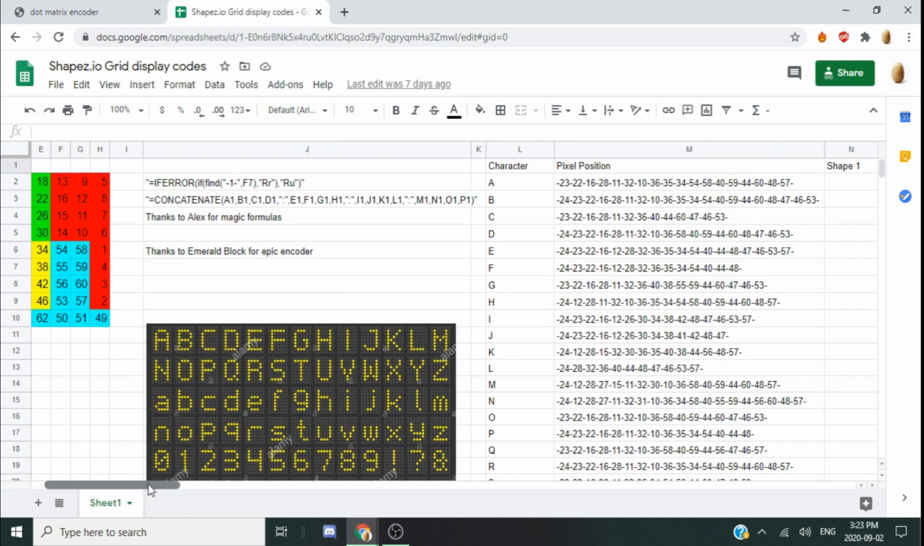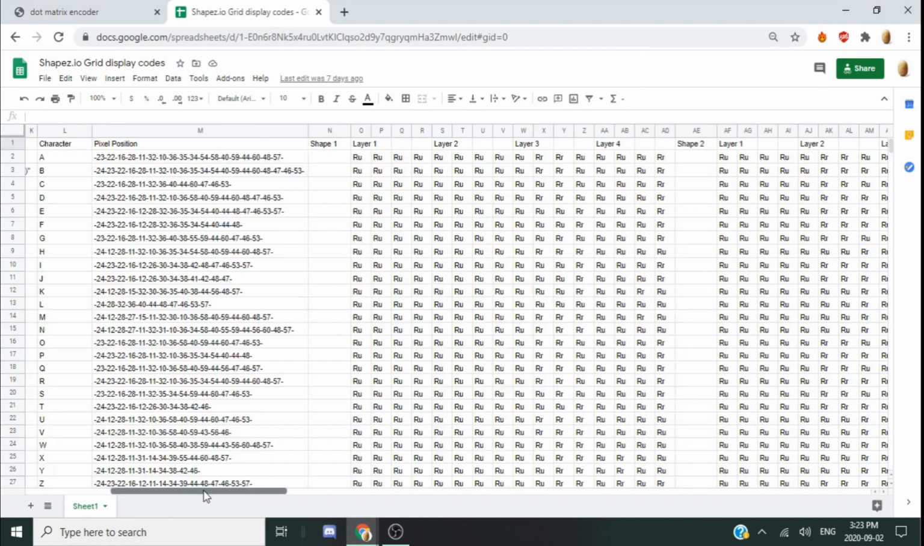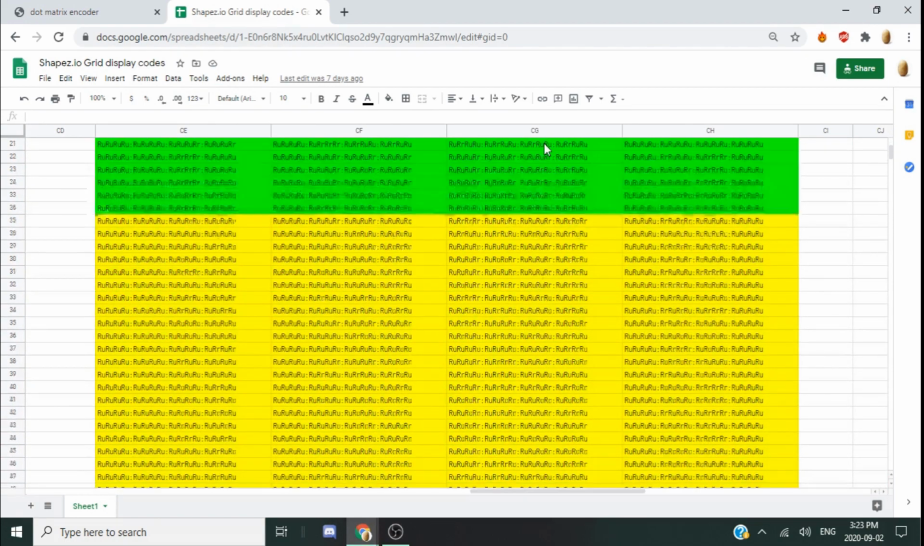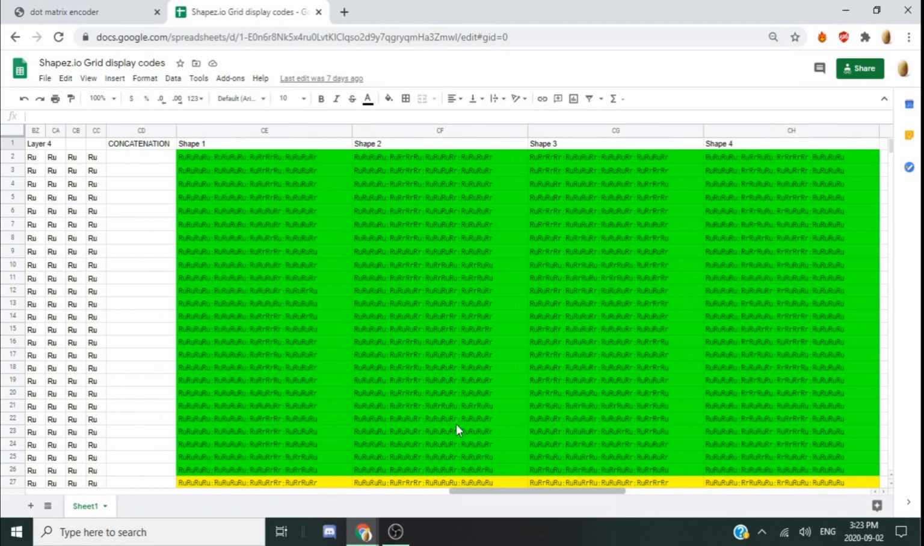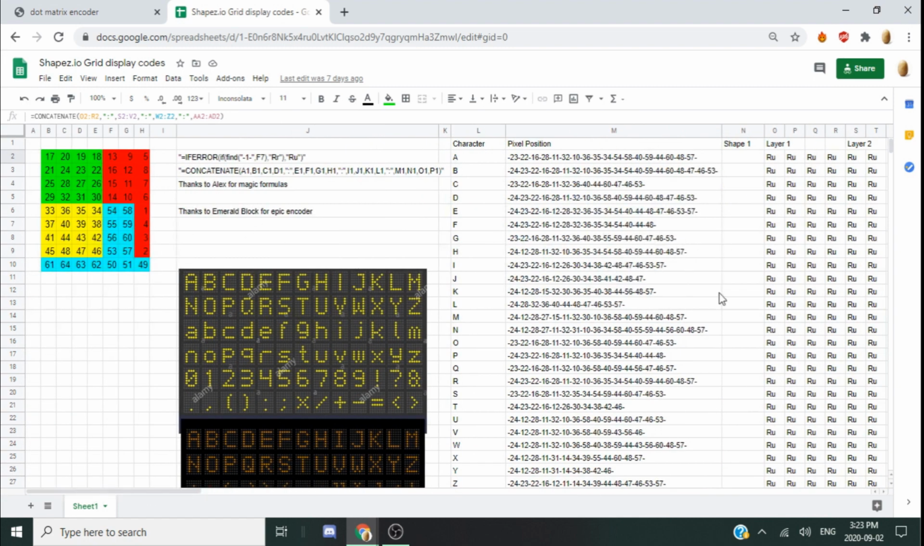If I zoom out a bit, you can see that it's quite big. Here I've grouped up the capital letters, lowercase, and numbers and stuff. It's 4 shapes per symbol, and these are all encoded. This seems like a lot of work, but 90% of it was automated thanks to 2 people, Alex X and Emerald Block. They both helped me speed this up a lot. So first, let's start off with